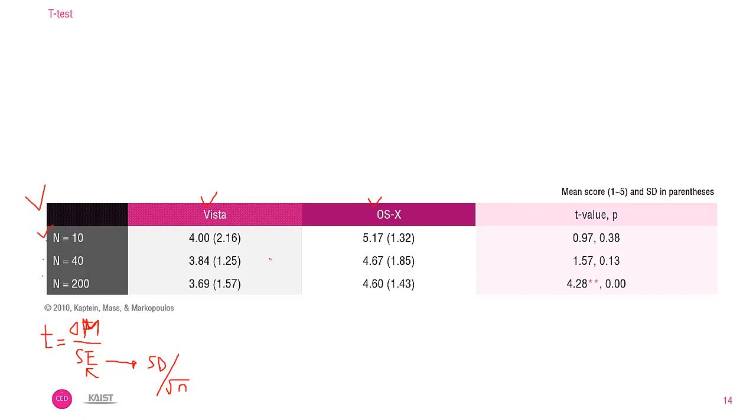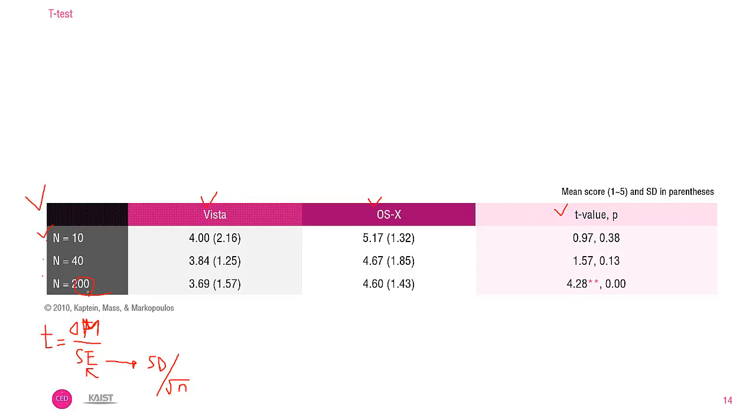However, let's look at the t-values. The t-values from the pairwise t-test yielded different results. It is plausible to guess that the result was caused by the different sizes of the samples. The third case had a sample size of 200,